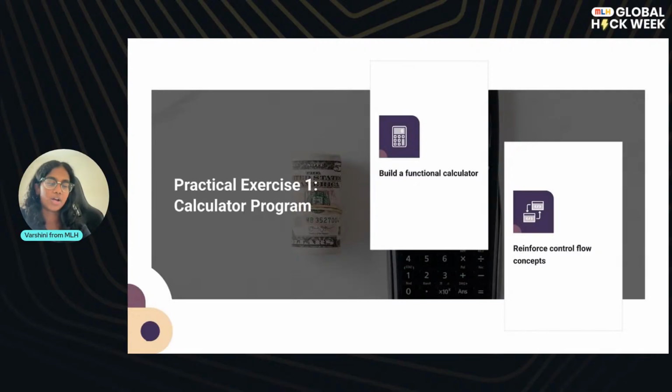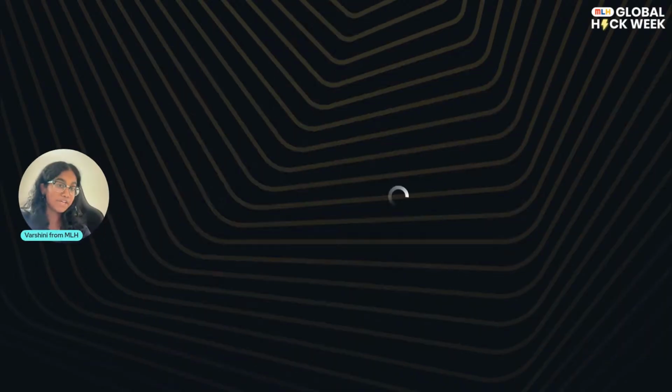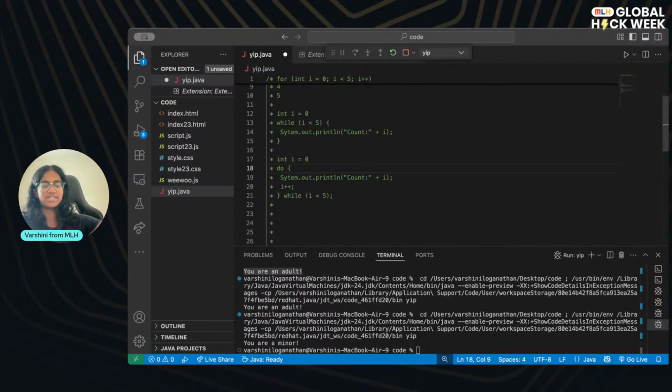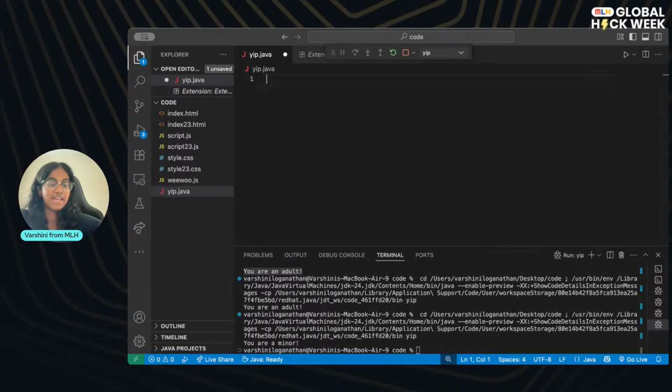So now we're going to put our skills to the test with a calculator program. I was telling y'all a big theme of this stream is math, and that's going to stay true. So we're going to build a simple calculator, and our calculator is going to take two numbers, and it's going to take an operator, and it's going to calculate and print that result. So when I say take, we're going to ask the user for input for this number and for this operator. So code along with me. Let me know if I'm going too slow or too fast, and I will adjust the speed based on what you want.